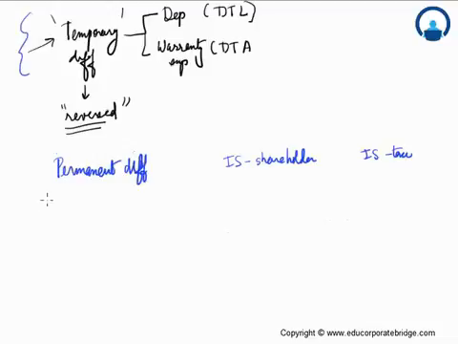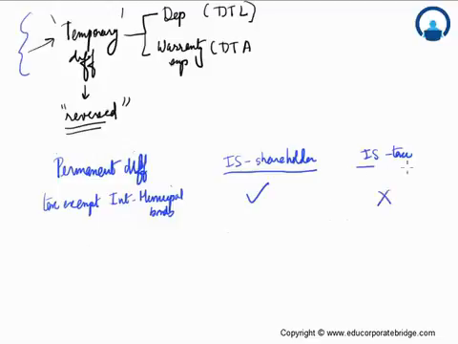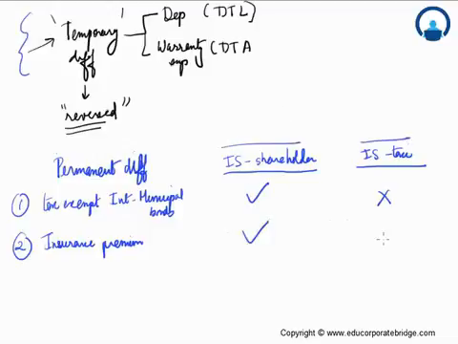Say, for example, there is tax exempt interest from municipal bonds. What happens in this case is that it is included when we report in the income statement for shareholders, but since it is tax exempt, it is not reported in the income statement for tax authorities. Likewise, on the expense side, you can think about an insurance premium that has been paid. Here this expense is included in the income statement for shareholders, but it is not allowed to be included